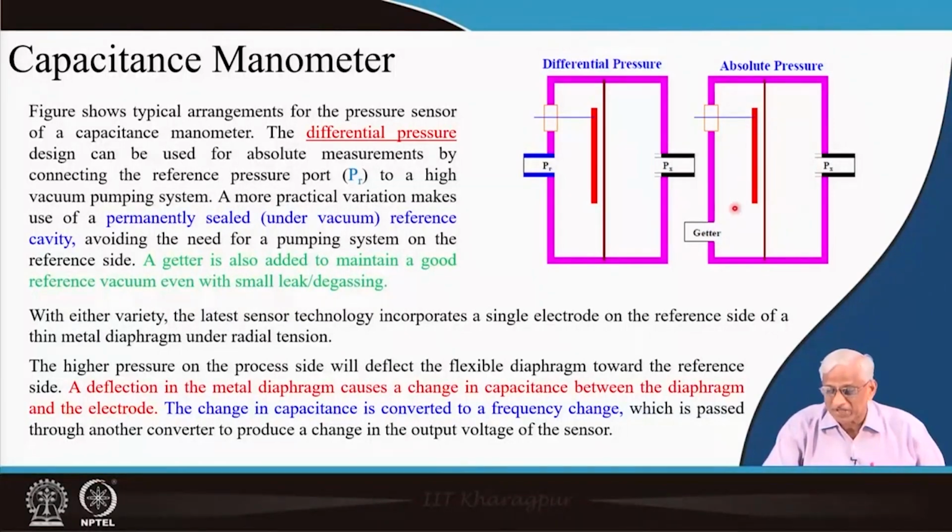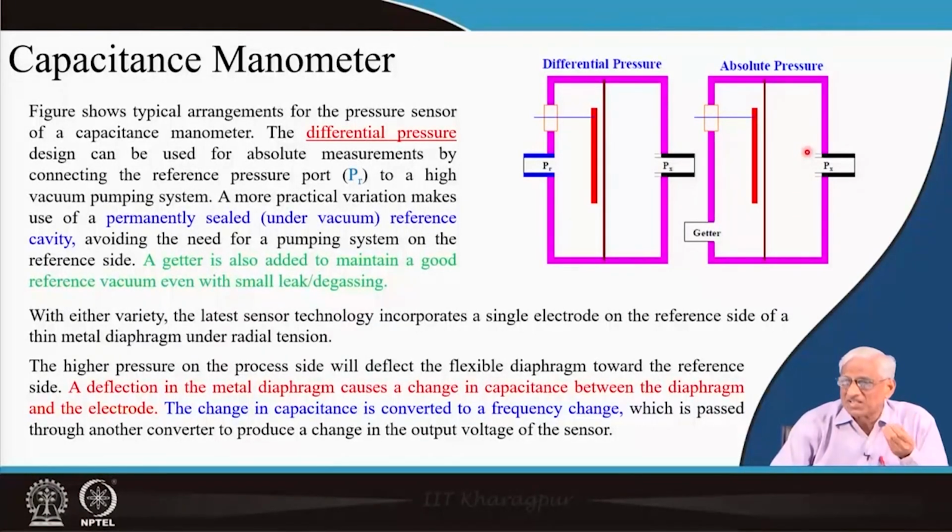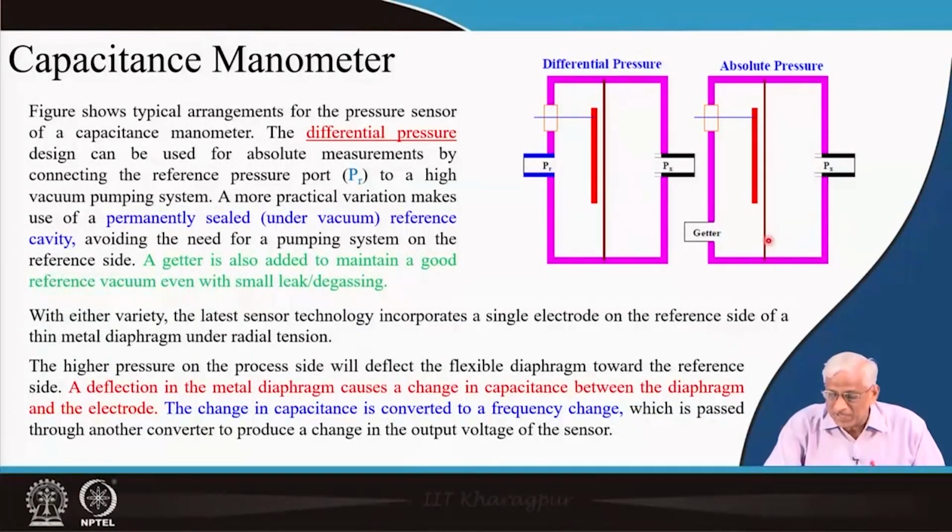in this chamber, a perfect vacuum. This vacuum should be much better than the measuring range of the vacuums that we are talking about in this chamber, where the pipe is connected to the system. So, this pipe is connected to the vacuum system whose vacuum we are measuring. So, this will be varying from 10 power 3, 100, 10, 1, 10 power minus 1 like that. Below 10 power minus 2, minus 3, the deflections are not that accurate. So, they can be worked with great difficulty up to minus 3, minus 4. Okay. So, this diaphragm will be looking at a difference in pressure on both sides. Naturally, this is almost 0 pressure compared to this, because it is maintained at ultra high vacuum,